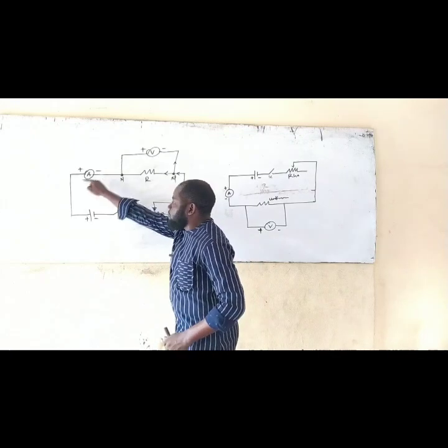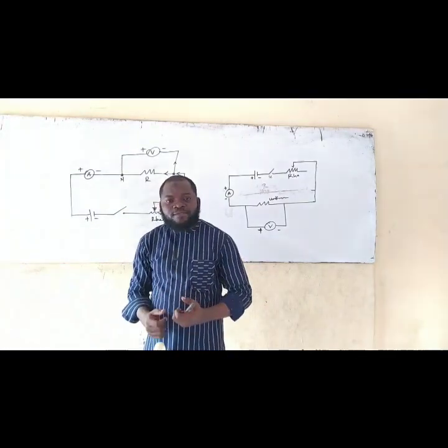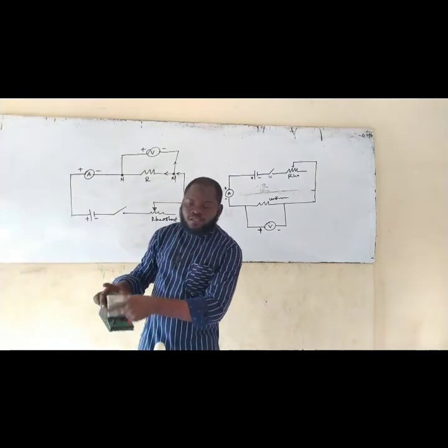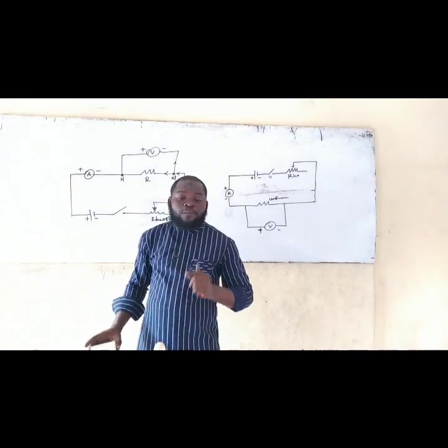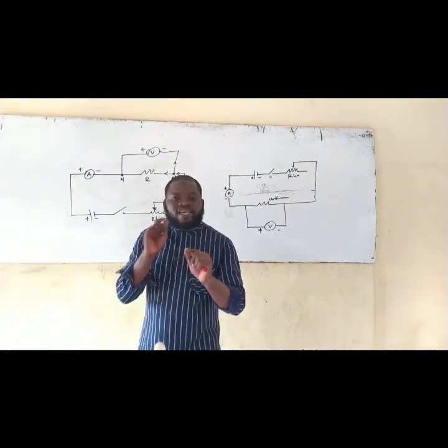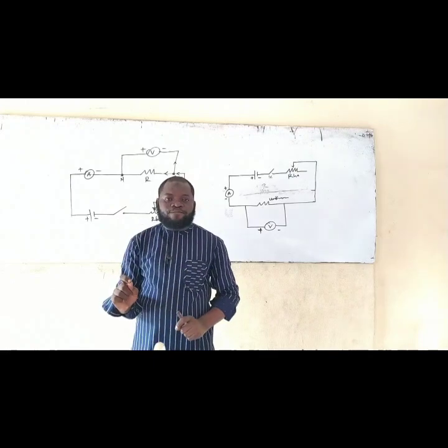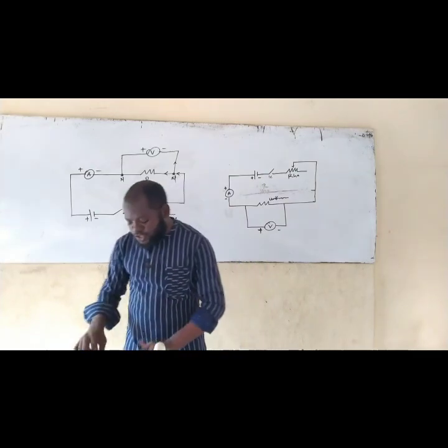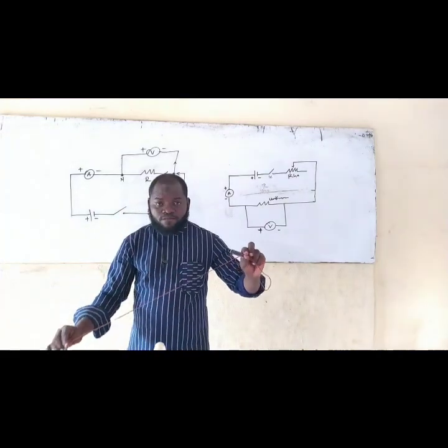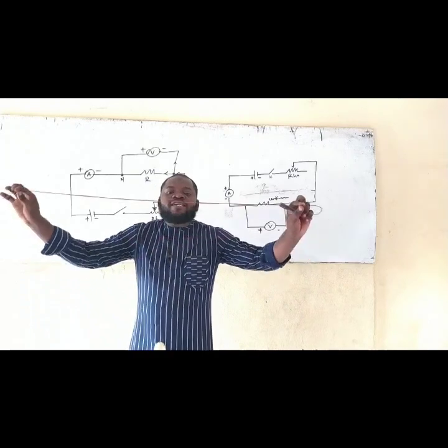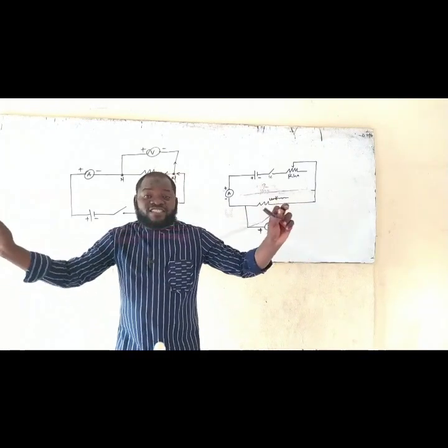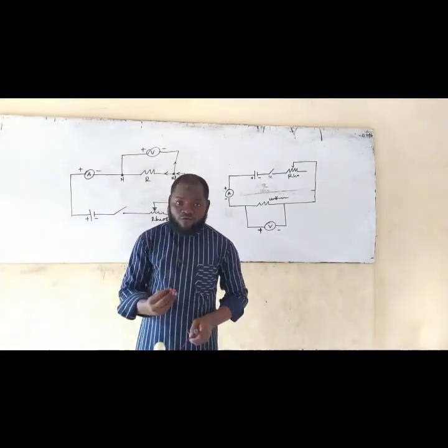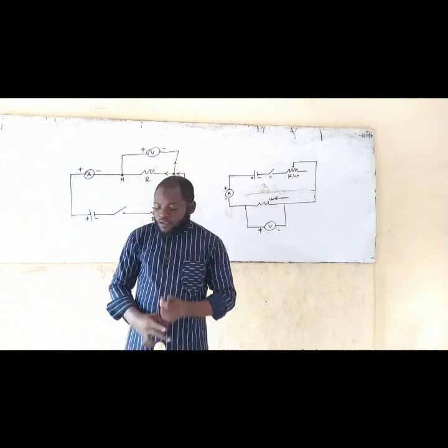Once you miss the terminals, there will be problems. There are times when you want to pick your reading, you get to see that it deflects towards the negative side, which is not supposed to be. So if that happens, know that there's a mix-up in your terminal somewhere, and you need to fix it. I hope that is clear. Another thing you need to do is that each of your wire, don't manage wire. Make sure it is at least 50 centimeters, if not 100 centimeters. These are things you need to be aware of before you start this practical.